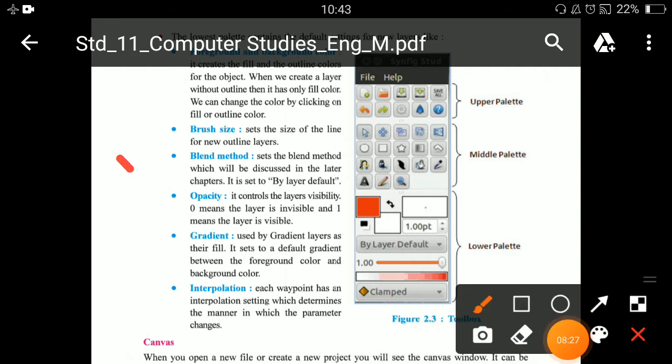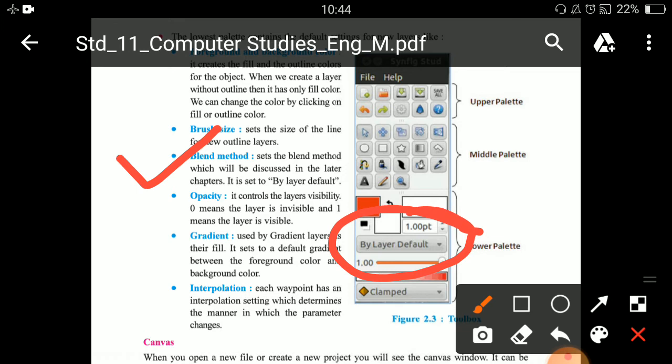Okay, see here. Blend method means what? In that blend method you have to set one layer. See here, by default layer. Up to this only, you can consider by default layer as the layer property that you want to apply as an object property.